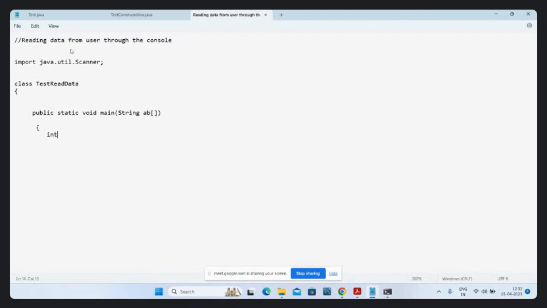Okay, same program, I'm writing string, name, age. Here we provide age and then address. Same program I'm writing. Okay, for reading the data from the scanner and the console, we need to create the